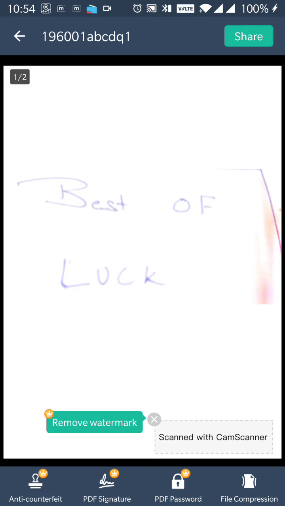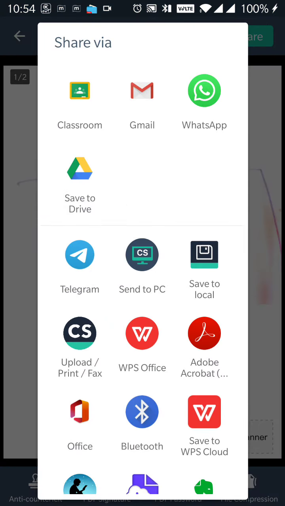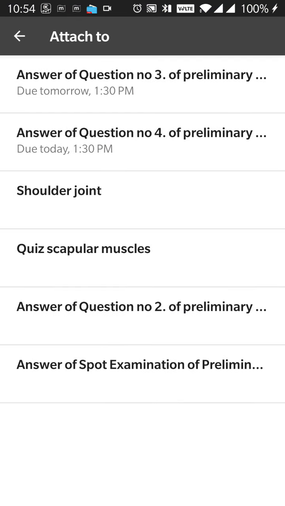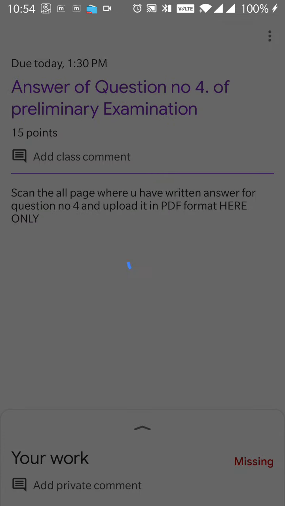Now you can see the green icon will come. Click on share, then click on classroom, attach to assignment. Again I am clicking on the answer of question number 4. Click here and then the file started uploading.